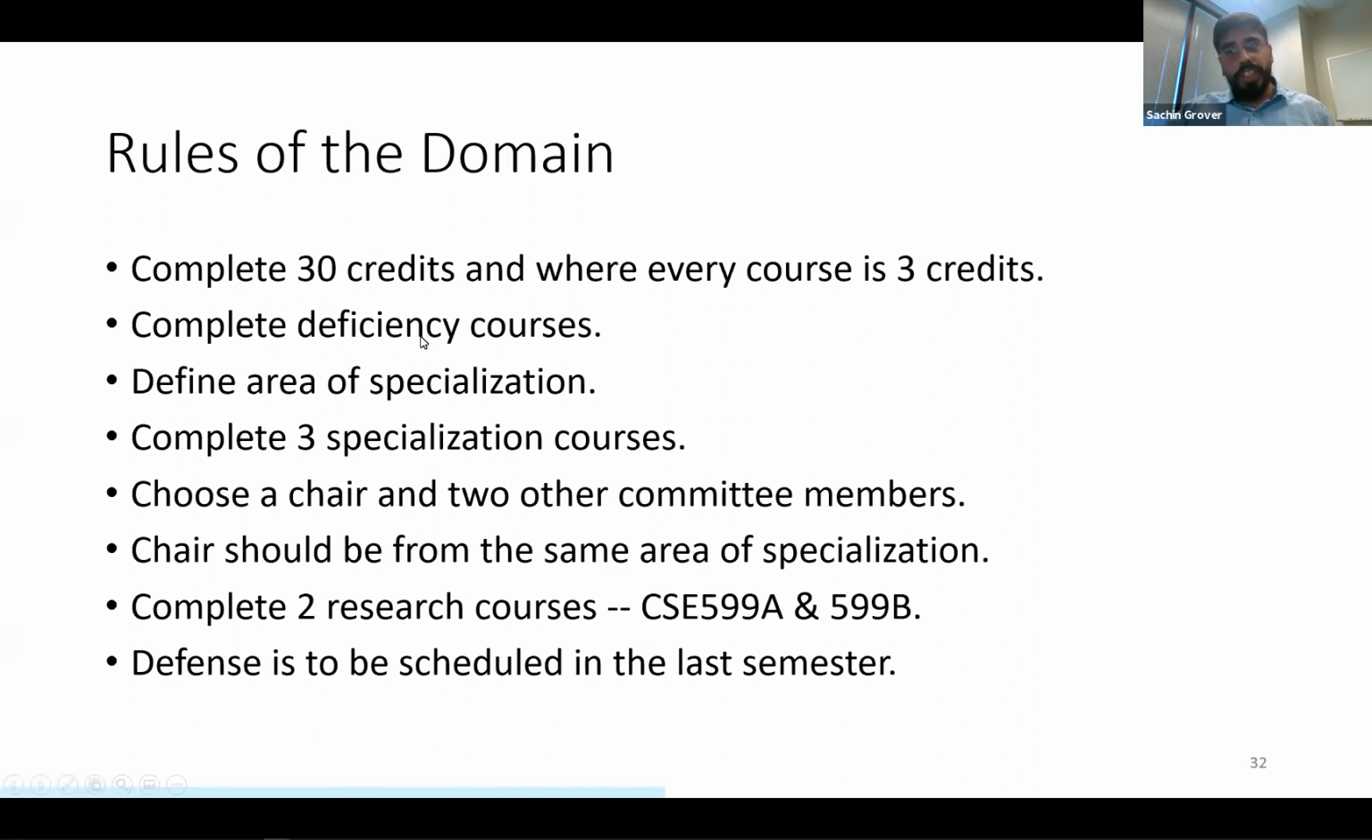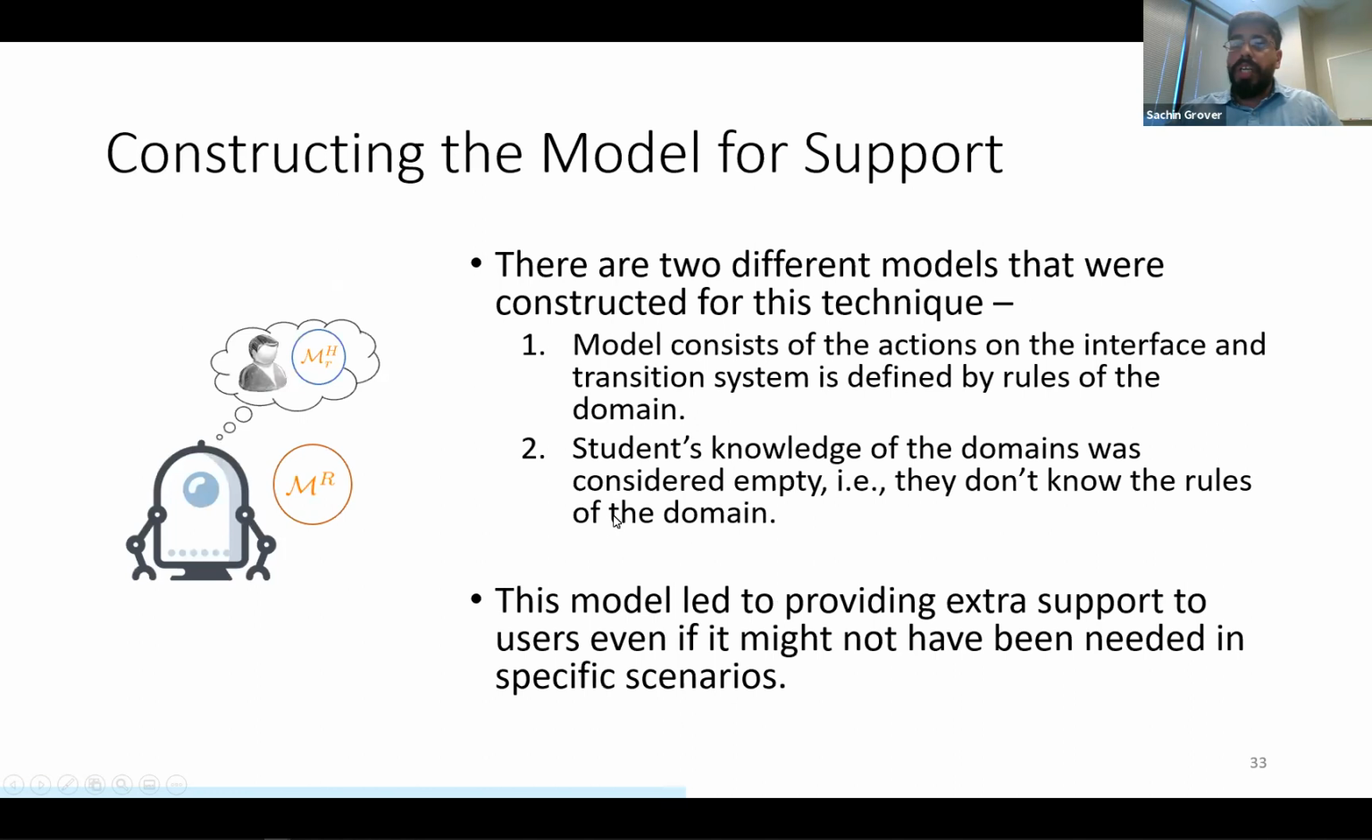There might be some deficiency courses that you might know from the computer science department. There has to be an area of specialization. They should be taking research courses. They should be completing research specialization courses. And the defense has to be scheduled in the last semester. With this idea in place, we constructed